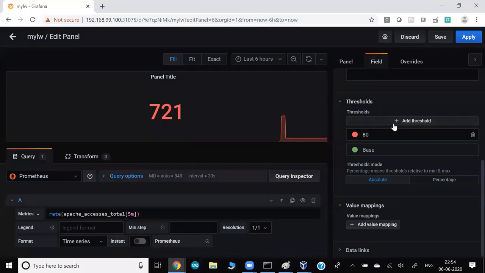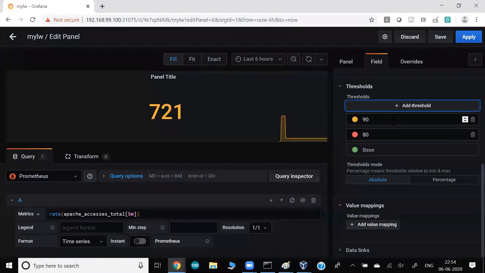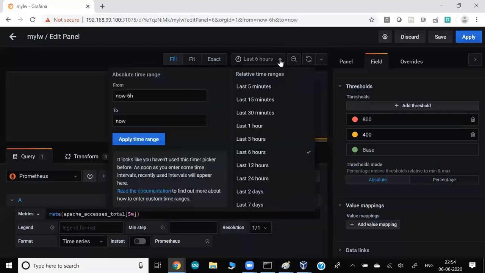So here you can set the threshold, add, and here you can set the number. For example, till 400, show me the color with yellow. Maybe as soon as my query hit goes above 800, just change the color. So anything below 400, just show me as a green color. Anything below 800, show me the yellow color. But as soon as they hit above,